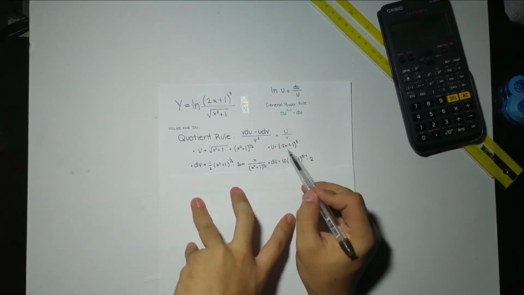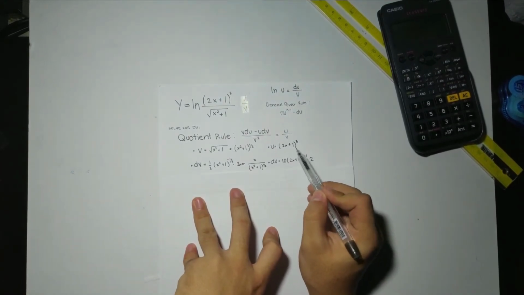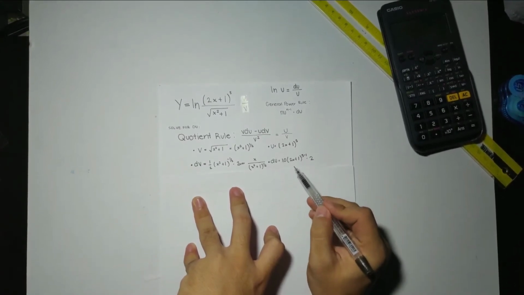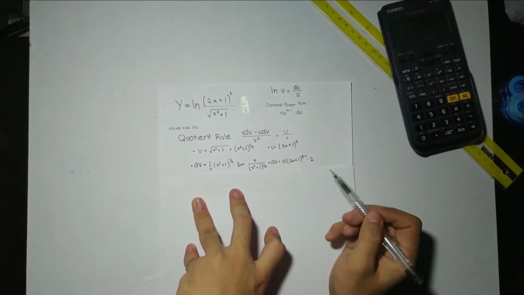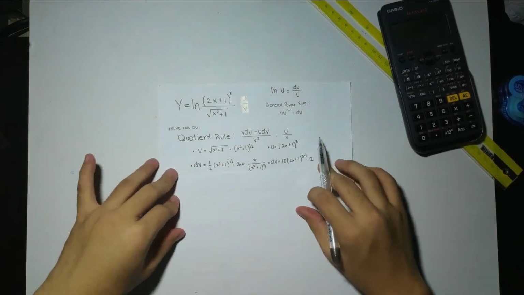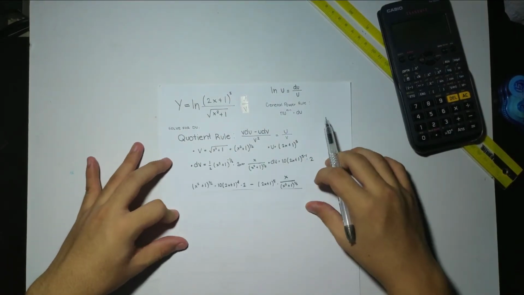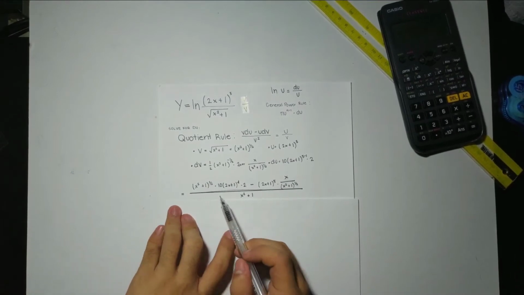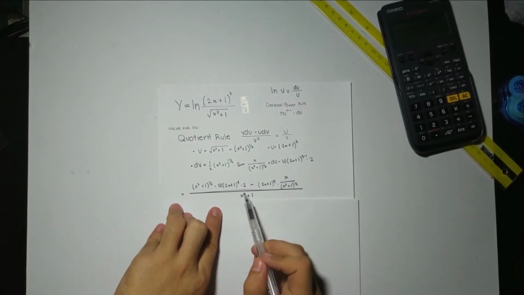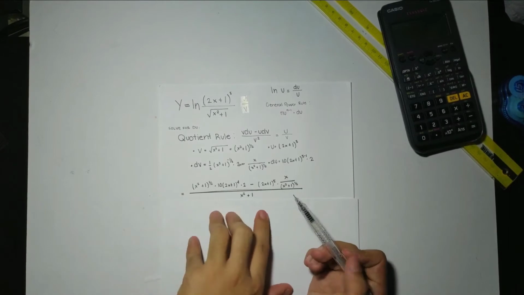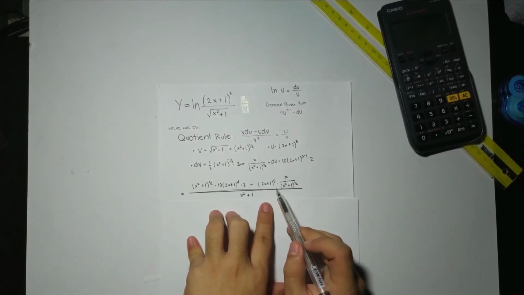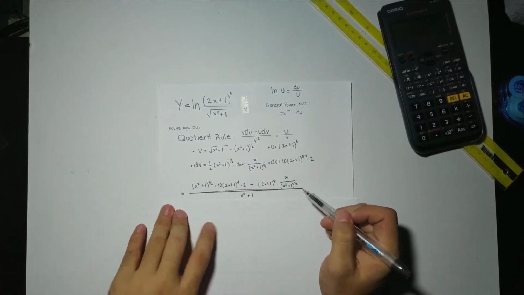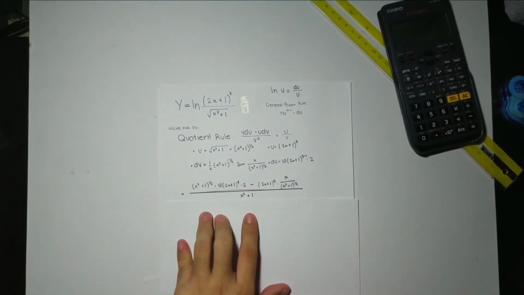And for u, (2x plus 1) raised to 5. And the derivative of u is equal to 10 times (2x plus 1) raised to 5 minus 1, or 4, times 2. Now, substitute the values into the equation. We would get (x squared plus 1) raised to 1 over 2 times 10 (2x plus 1) raised to 4 times 2, minus (2x plus 1) raised to 5 times x over (x squared plus 1) raised to 1 over 2, all over v squared,